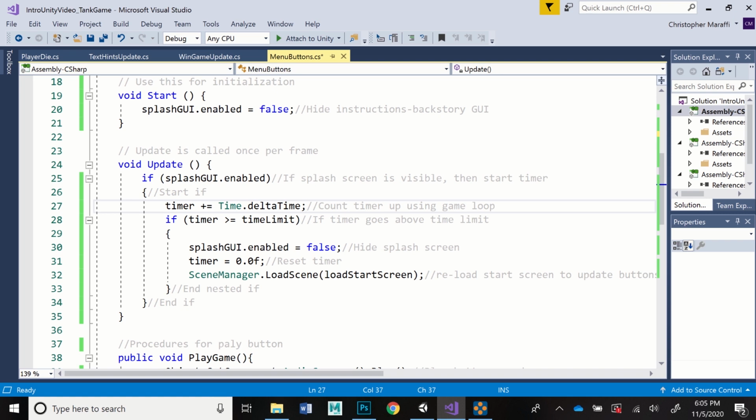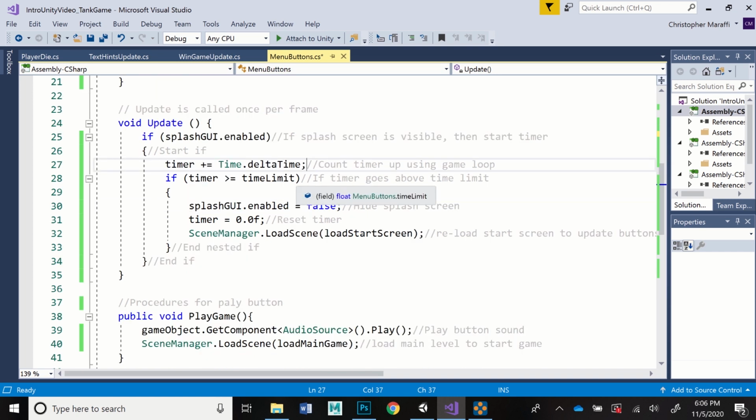And that sets the game loop into the timer variable so that it starts ticking off, increasing time from 0. And once that becomes greater than whatever you set the time limit to, and that's the next if statement, then it's going to set the splashGUI.enabled to false, which hides it again, resets the timer to 0,